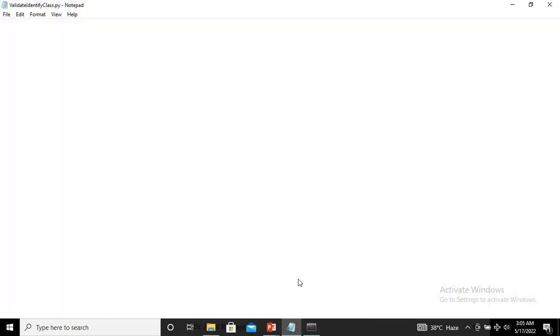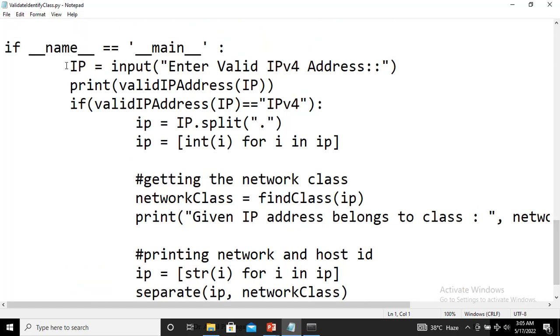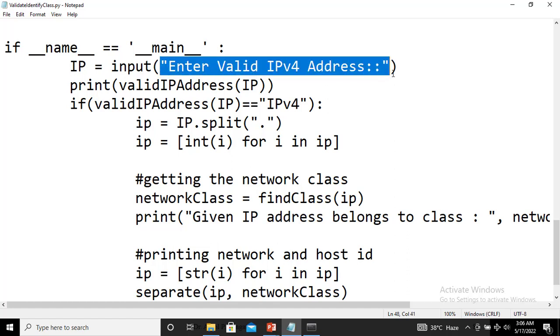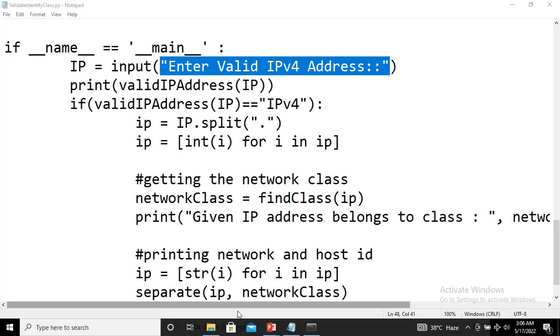Okay, so here I have already written the code in this Python script with the name validate identify class. It validates an IP address and identifies the class of the IP address. So from here the execution of code will start. Using this input function, this message will be displayed in the Anaconda prompt. Okay, so I will directly execute this code first. It is stored in this folder basically,